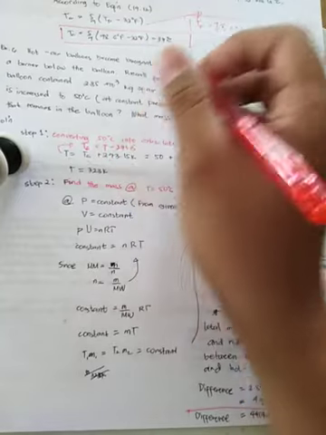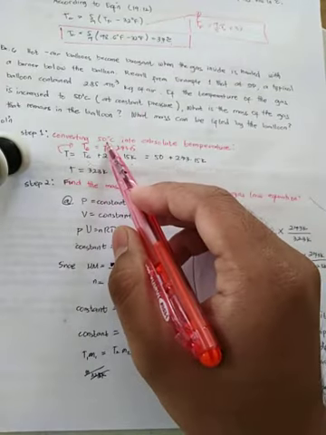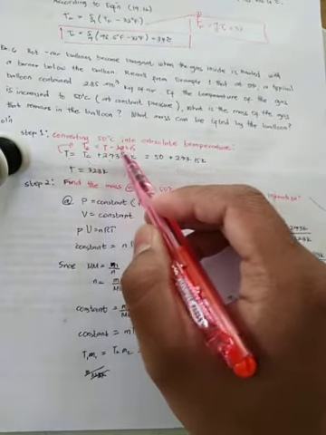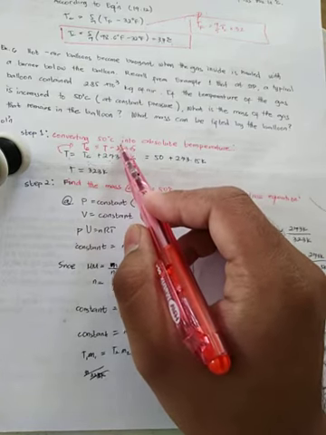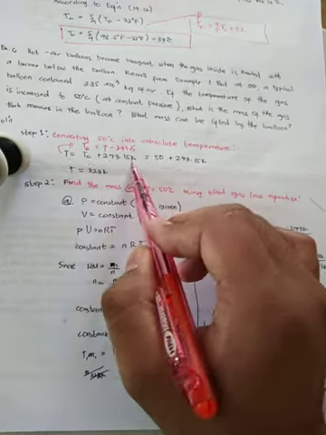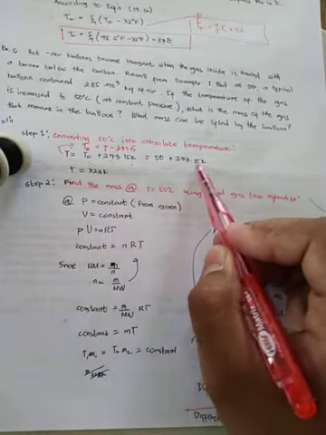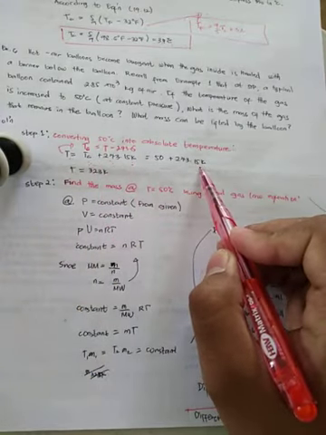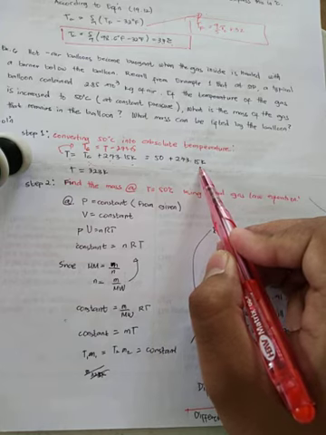Ito yung pinaka-original, but since ito yung hinahanap natin, yung absolute temperature in Kelvin, okay, so gawin mo is i-transpose mo yung 273.15 dito sa kabilang side, so makukuha mo na yung unit, okay, or yung Kelvin. Kasi yung Kelvin is yan yung gagamitin natin for us to be able to find the value of mass, okay,